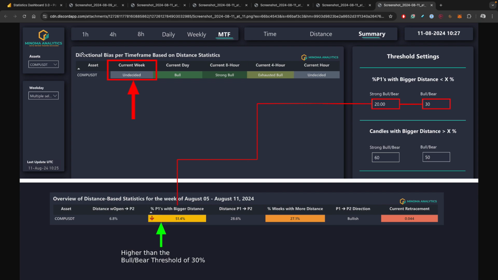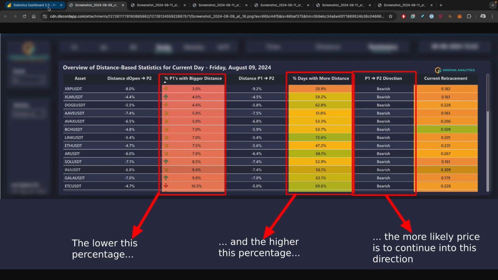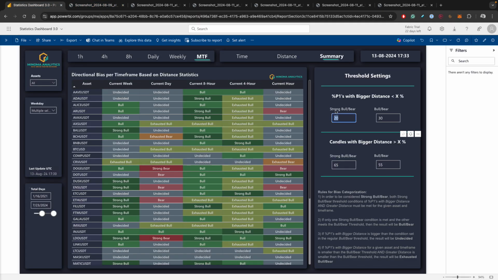And finally, if I have to give guidelines on what you would apply the filters on, well, this just must be a value which you consider to represent a very low chance of taking out P1. This must be a moderately low percent chance of taking out P1. This must be for you what you think a very high chance of further displacement, and this is a moderate chance. And I would personally have it like this: 20% for strong bull, bear, 65%